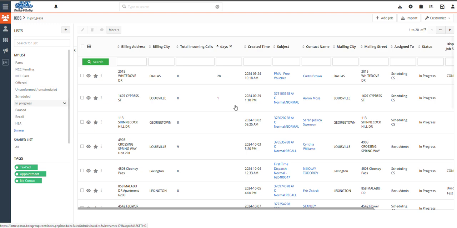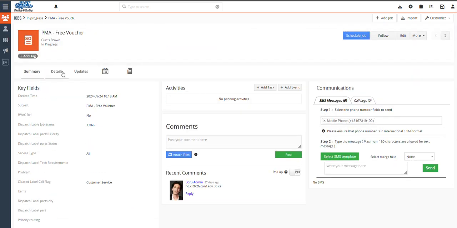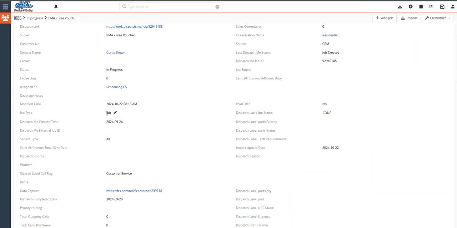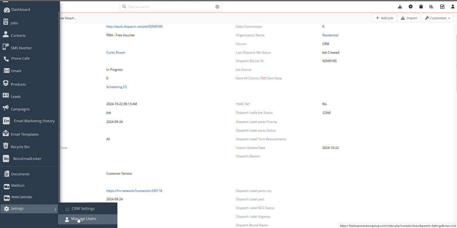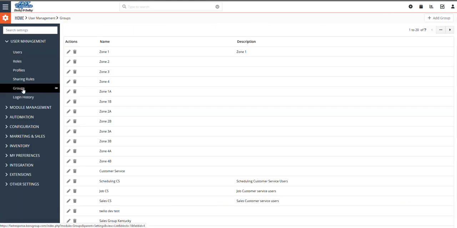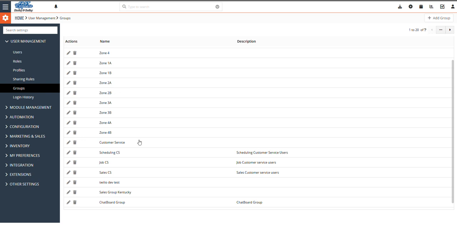So I showed you why the phone number is so important because based off this job stage, every single phone call gets moved around our company based off of who they're assigned to. They can be assigned to an individual or they can be assigned to a group. So obviously an individual would be me, Bill, and then a group would be the group settings. Manage users, groups. These are our group settings. So we have,